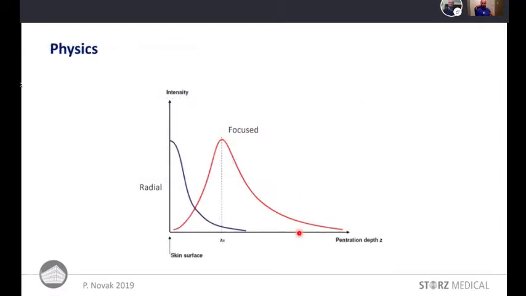And finally, a repetition more or less of what I've said, visualizing the key difference: with focal shock waves we have a maximum of energy at the position of the focal point, and with radial pressure waves or shock waves, we have the maximum at the point of entry. And that is the only question, how fast this intensity is decreasing.